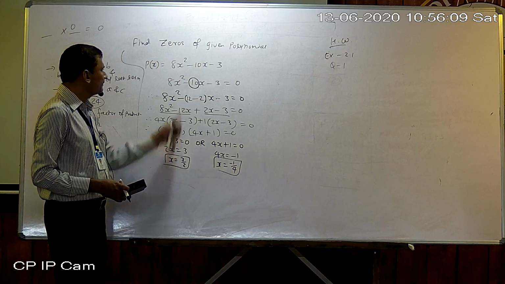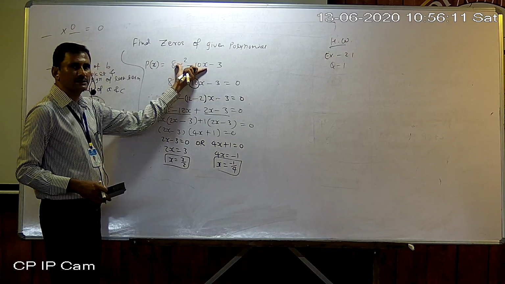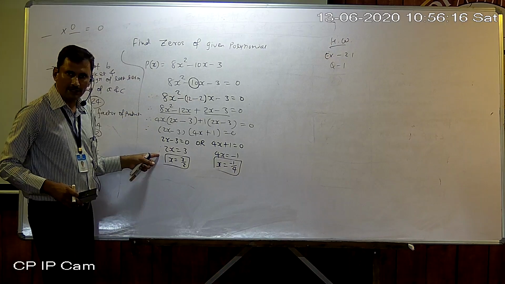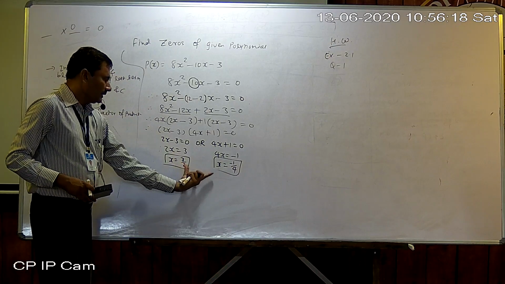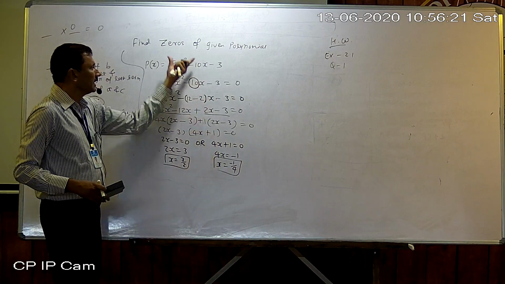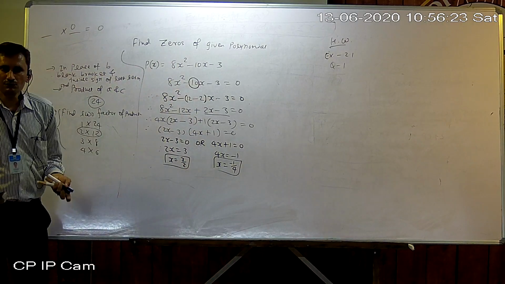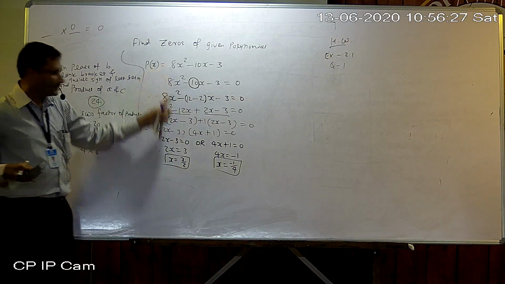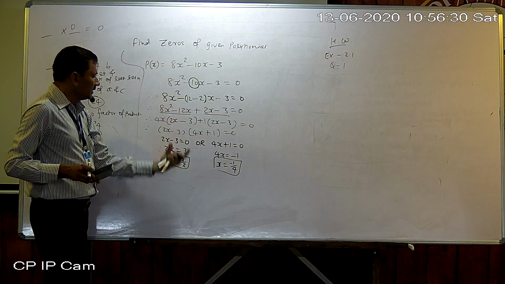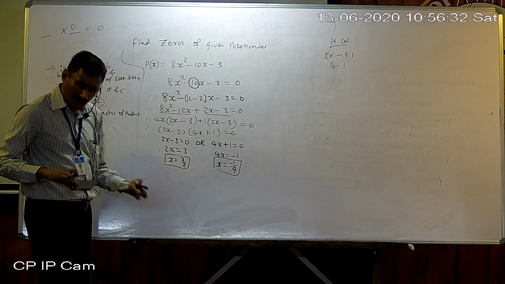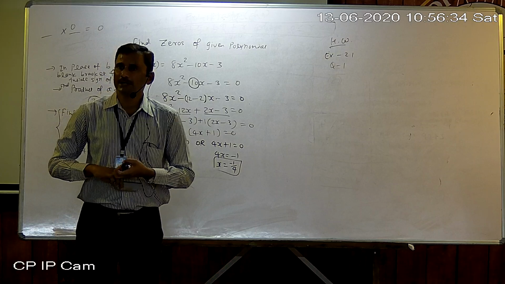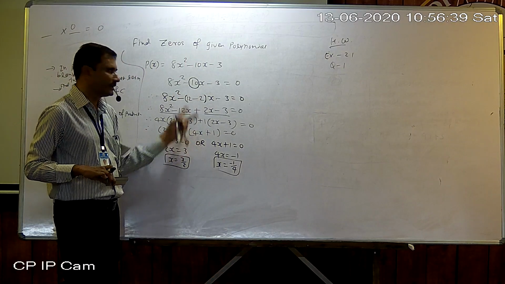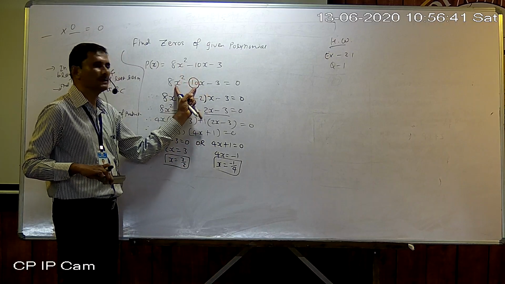If you place this value in the polynomial, obviously it will become 0. You have already done these types of practice. You were given these types of values of x and you were asked to find whether the given number is a zero of the given polynomial or not. Okay, it's quite the opposite process. So this is the way of finding zeros by factorization of a quadratic trinomial. This is the method called quadratic trinomial. It is called the splitting method also.